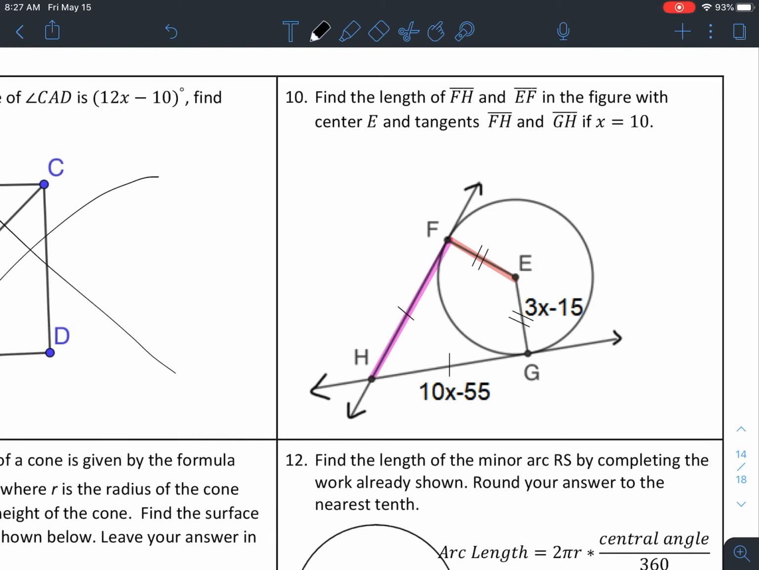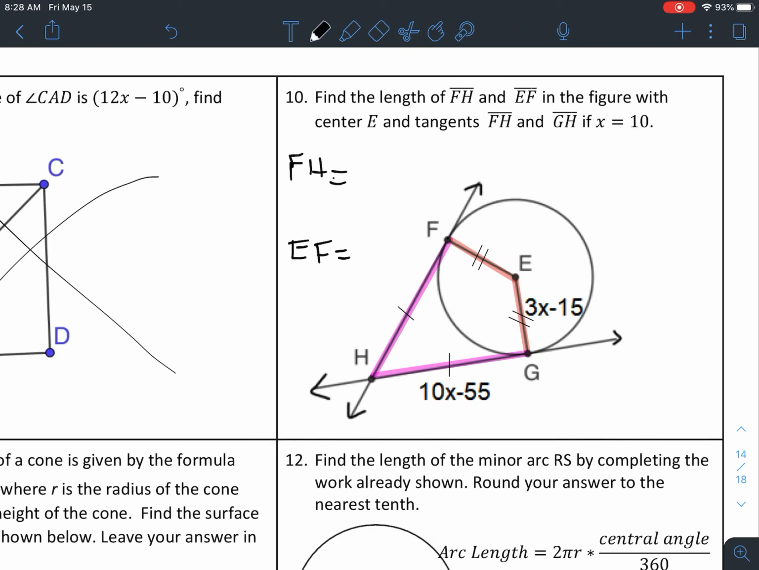So we know that the two reds are going to be the same, and we know the two pinks are going to be the same. So whatever GH is, and GE is going to be the same as HF and EF. And it's telling us that x is equal to 10. So we're going to write FH here is equal to, and I'm going to write EF is equal to right here,